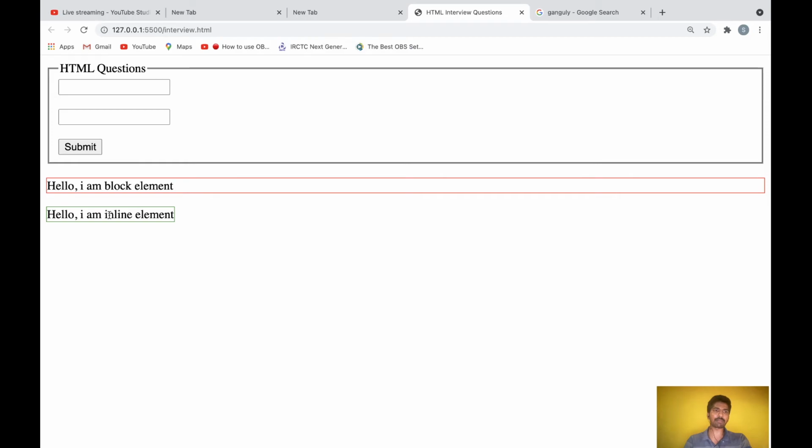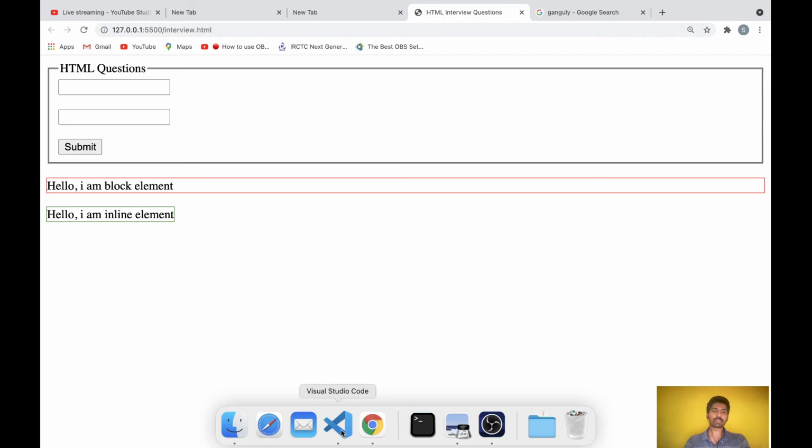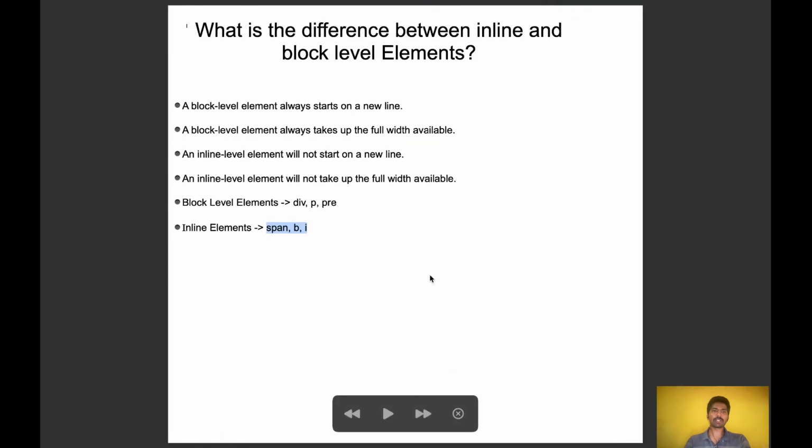It is occupying based on the content. Whatever content is there, that much only it is occupying. So that is the difference. A block level element will occupy the complete width. An inline element will not occupy the complete width. Let's go to the next one.